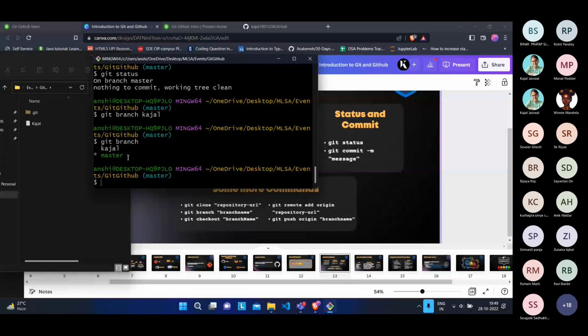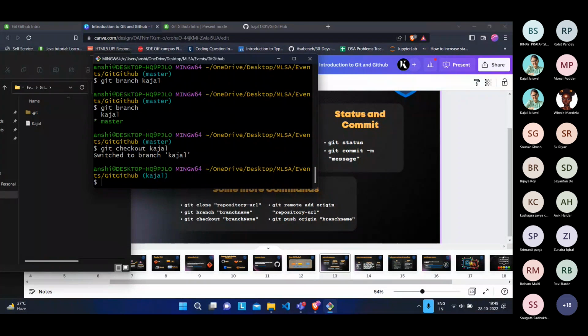So you can see when we press enter, there are two branches. One is the master branch and the other one is the Kajal branch. The master branch here is green because we are currently using the master branch. To shift to the Kajal branch, I'll just type git checkout Kajal. See, I have switched to the Kajal branch. Once I shift there, I can work on my own changes, and later on I can merge it with the original branch, that is the master branch. Okay, for now, we are moving back to